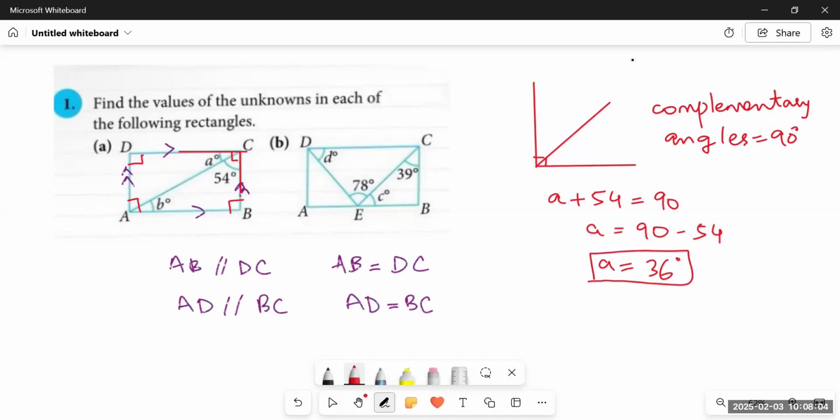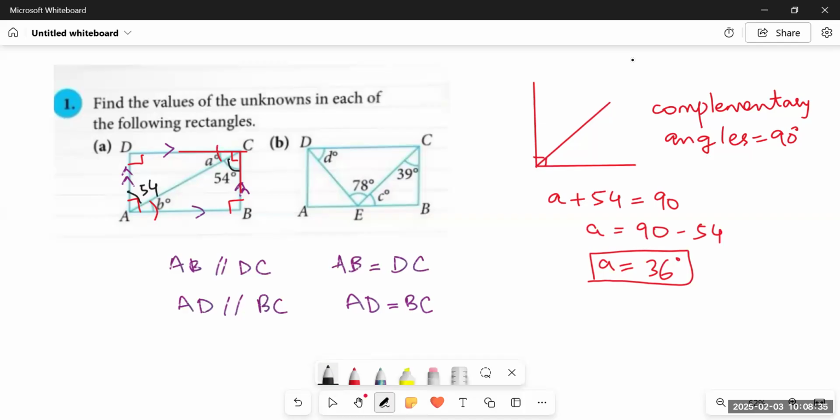Also, there is one more thing. If a diagonal line cuts any rectangle, that is, the two angles on the opposite sides are cut by a diagonal, so these two angles are called alternate angles, and these are equal to each other. So we can say angle A and angle B are equal to each other. Similarly, this angle adjacent to angle A, which is 54, would be equal to the adjacent angle of B, which would also be 54 degrees.